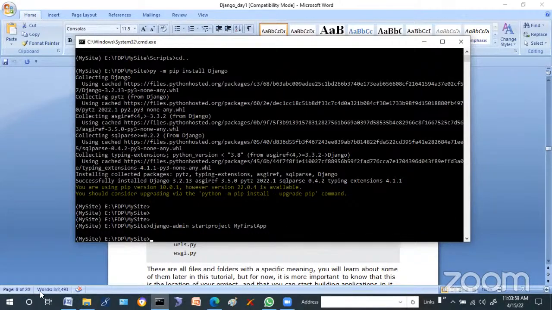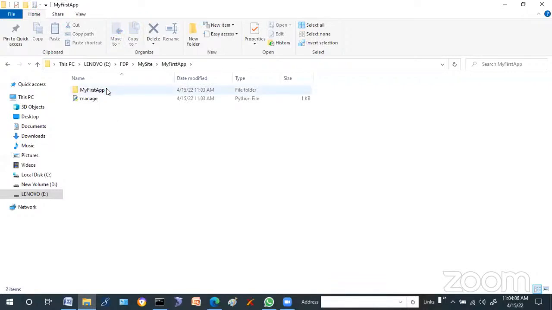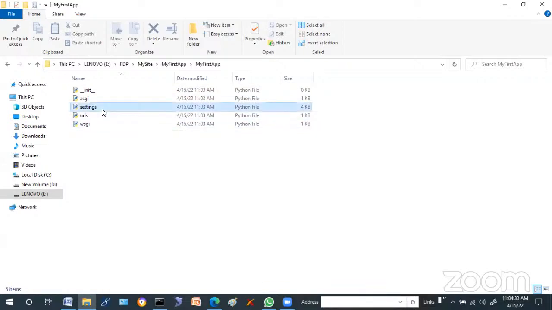Any doubts? So when you open the folder, there will be a subfolder created, my first app, and manage.py is the main file. Just like when you're creating your PHP or anything, it will be index.html, here in Python, it will be manage.py. In my first app, there will be another 5 files created: init, ASGI, settings, URLs, and WSGI. So settings.py is the file which will be